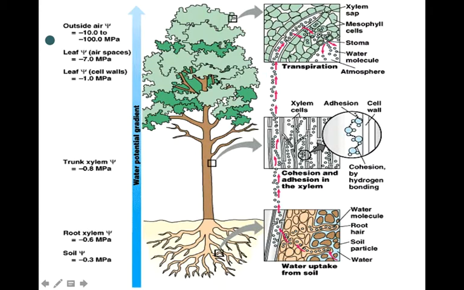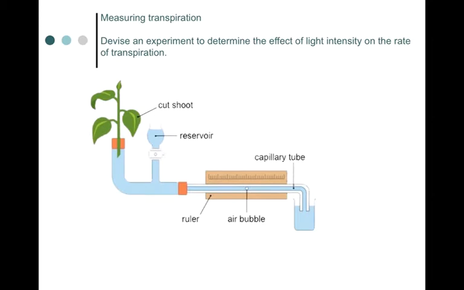The other thing that really helps here is the fact that you get adherence as well. So when these water molecules are moved up, they're going to adhere to the walls, and you get this pulling of the water molecules in tension, and that's how effectively the water gets up to the top of the plant. One of the things that's probably worth mentioning is the idea of being able to measure transpiration, and one of the ways in which we do this is we use a piece of equipment called a